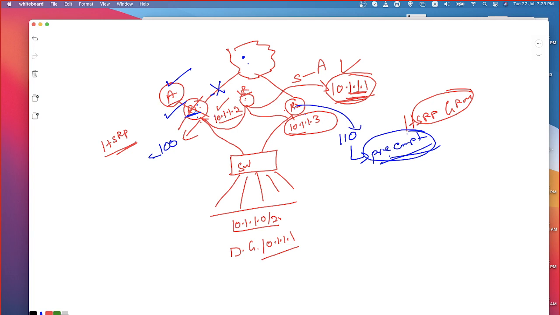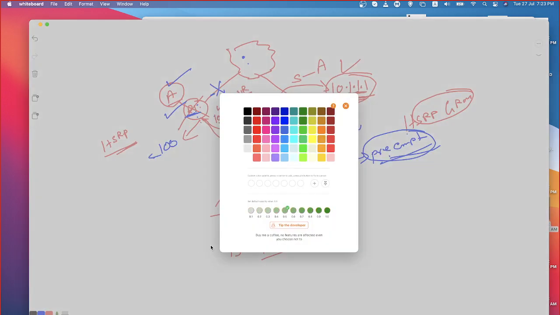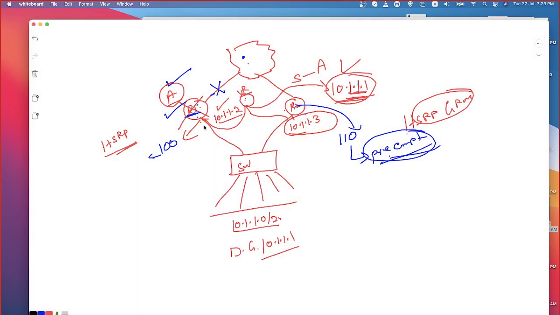Okay, fine then. Of course you will have some theoretical explanations, and you have to be very familiar with them. One more thing we need to understand: as long as router 1 has taken the role of active, let's say I'm taking the green color, my router 1 was active. I'm writing in green color. Is that visible to you? Near R1 I wrote it. Yeah, it's showing.